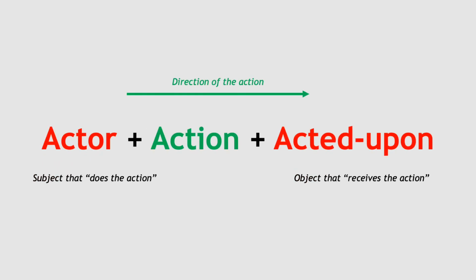And translating this into actor and action, the subject, of course, will be the actor that does the action, and the object will be what we call the acted upon, who or what receives the action. So in active voice, you can see the direction of the action will flow from the actor towards the acted upon. So for example,